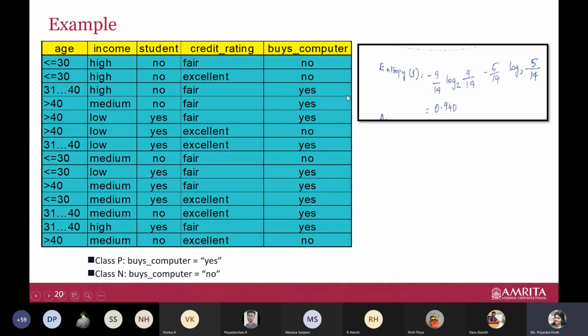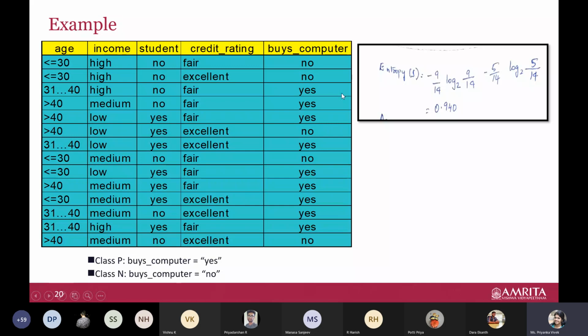We don't say prediction, that is for continuous values. This is your class. So we have four attributes. Age, actually, is a continuous value, but they have discretized or categorized it into three groups: less than 30, 31 to 40, and greater than 40. So age has three values. Income takes three values: high, medium, and low. Student, whether the person is a student or not. Credit rating, fair or excellent, and finally the class is whether the person buys computer or not.